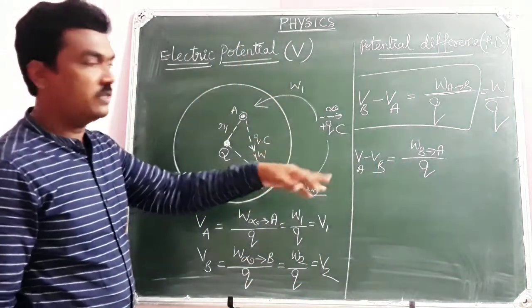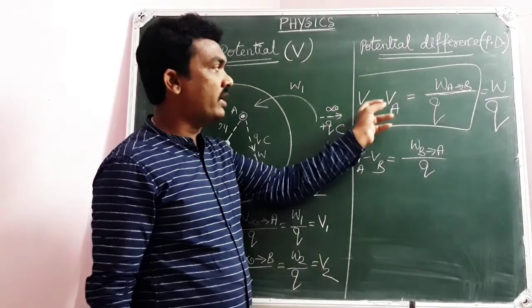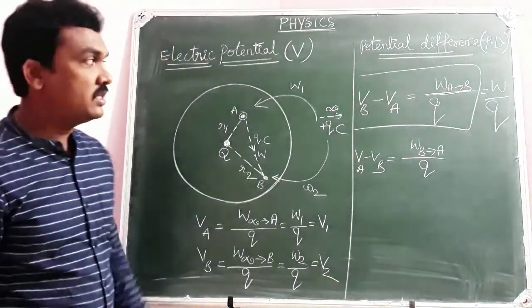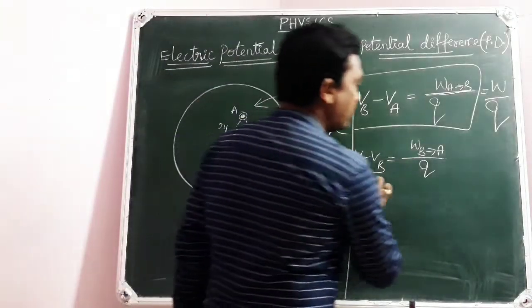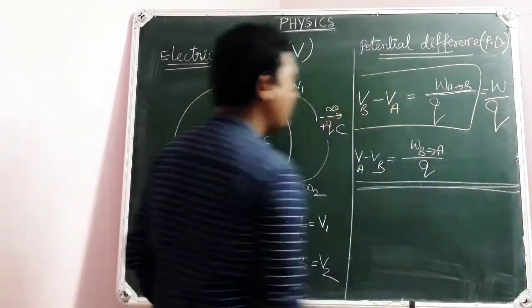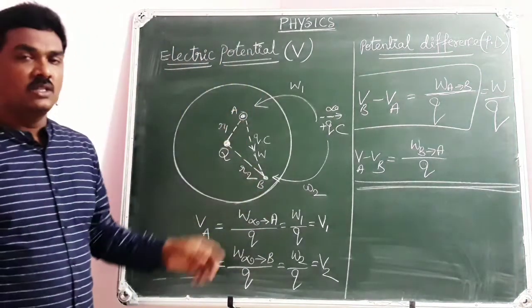B to A, final A, that's why VA minus VB. Here A to B, so final is B, so VB minus VA. This is the definition of potential difference between 2 points. It means if you are talking about 2 different points in the electric field, which are at different distances, there exists